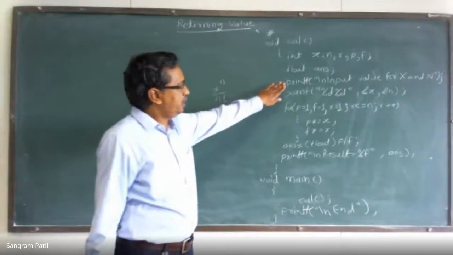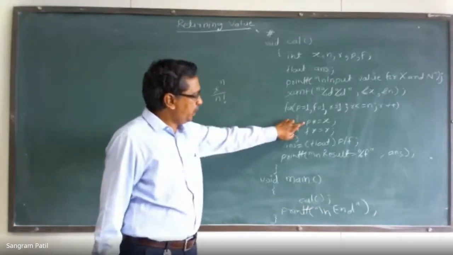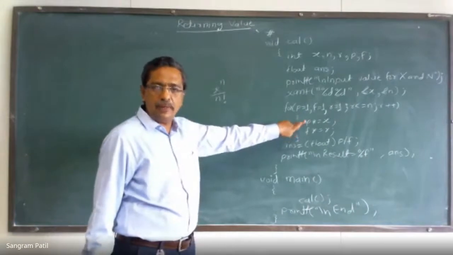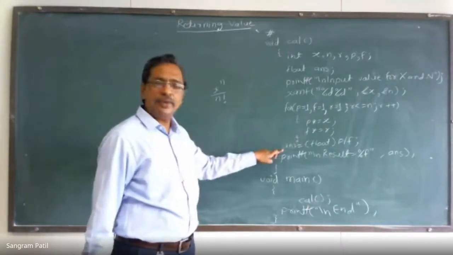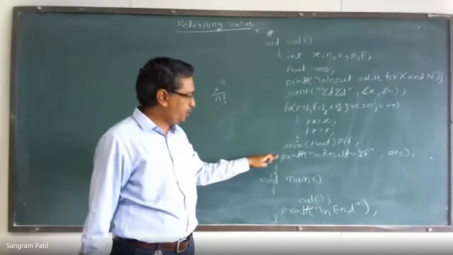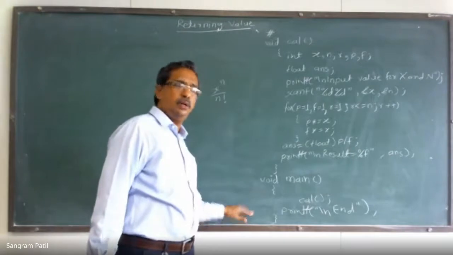Read the value of x and n. Calculate x raised to n divided by n factorial. P gives you x raised to n. F gives you n factorial. Then this will calculate the answer, x raised to n divided by n factorial. We are printing it. So now when this program is executed,